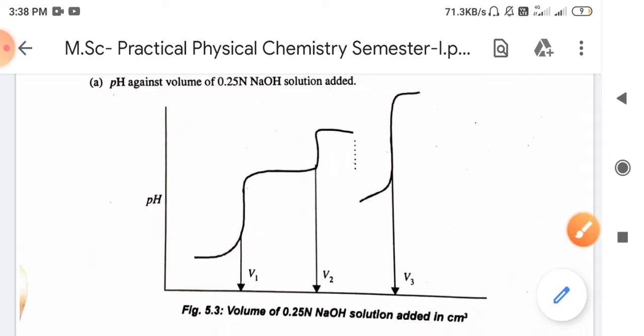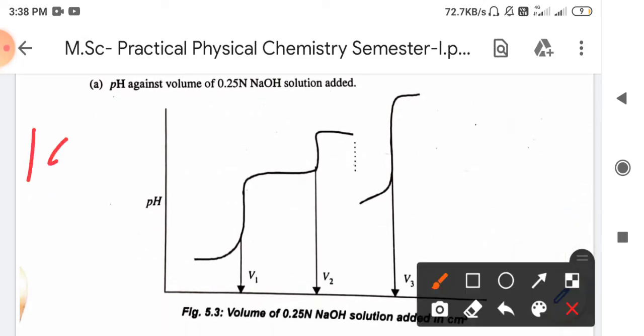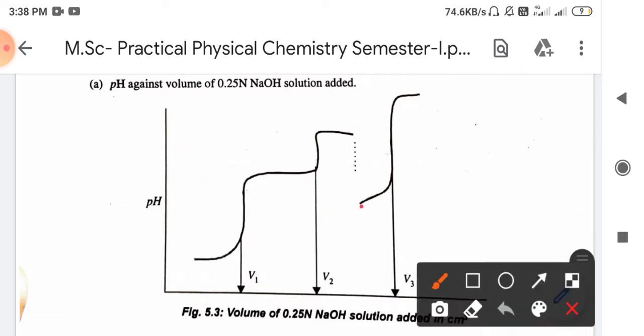So we have to add around 1 gram of calcium chloride in the same solution, so that the pH of the solution gets suppressed to a certain lower value. When we add the calcium chloride, the pH decreases to a certain value, and again we continue the same experiment by adding 0.5 ml of 0.25 normal NaOH solution from the burette,